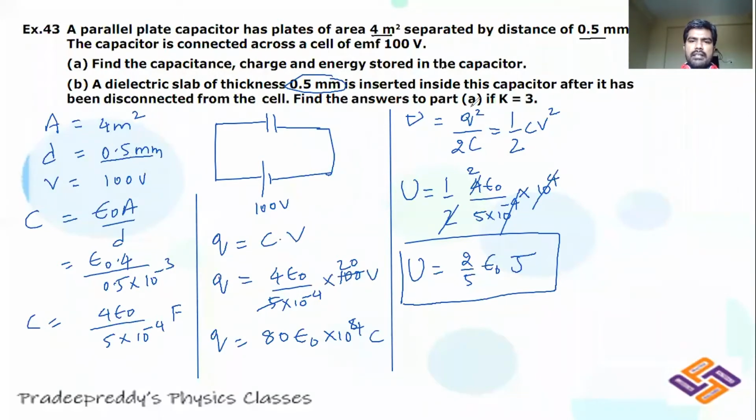Find the answers to part A if K is equal to 3. So you should find out capacitance, charge, energy stored in the capacitor, taking K is equal to 3. So if you take K is equal to 3 and you will be substituting here, what would happen to effective capacitance? So with battery,